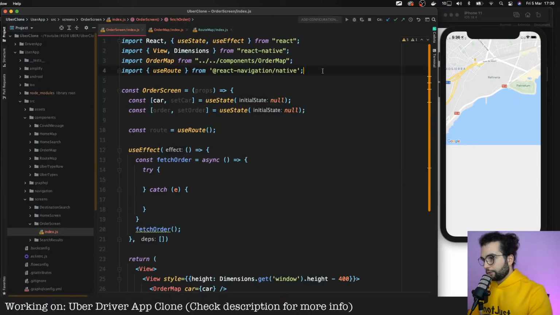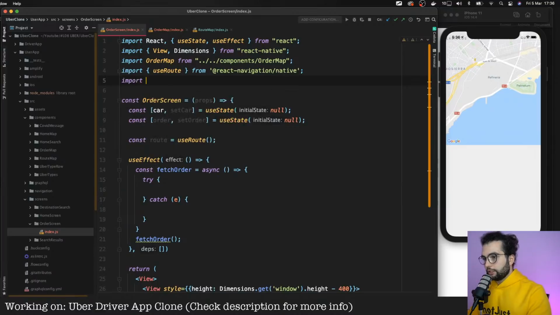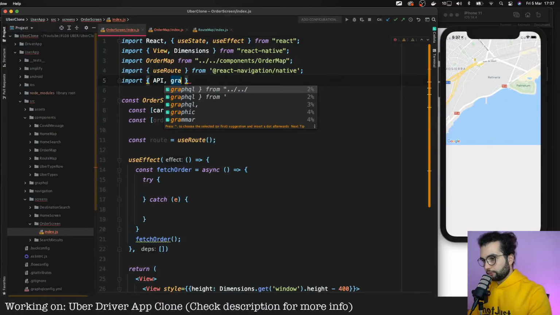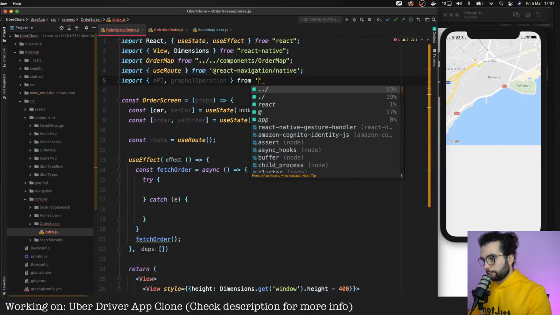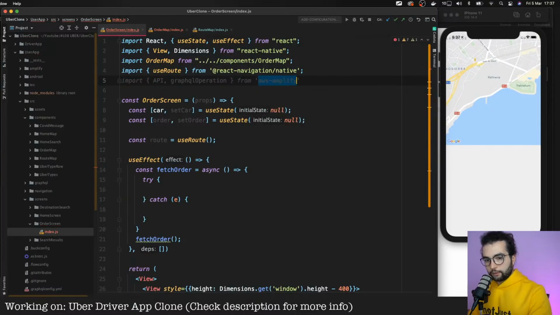We will import API and graphqlOperation from AWS Amplify.